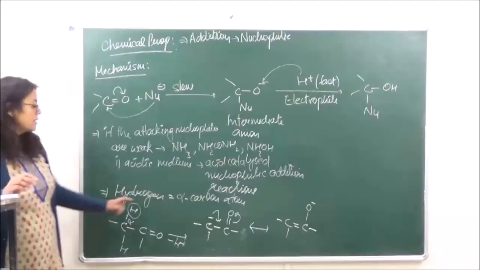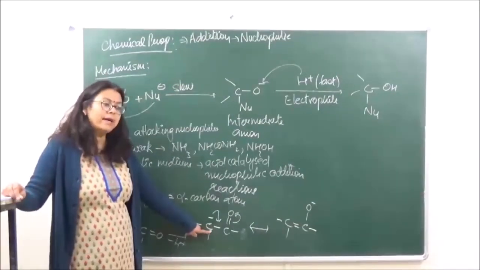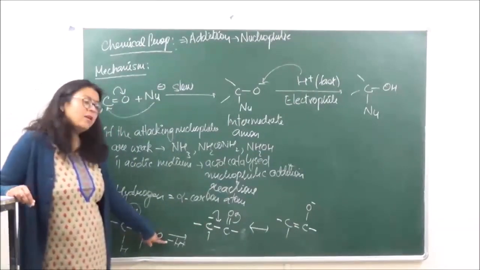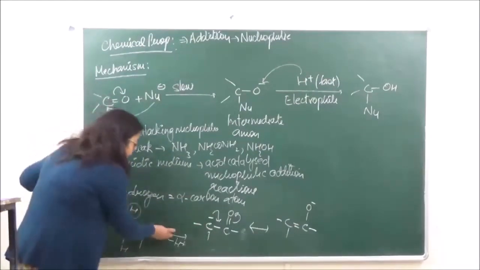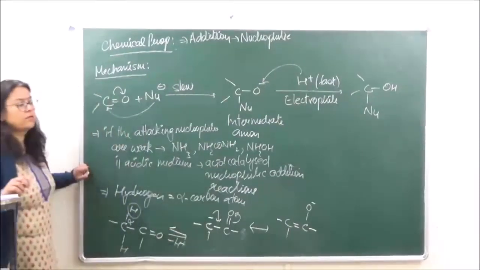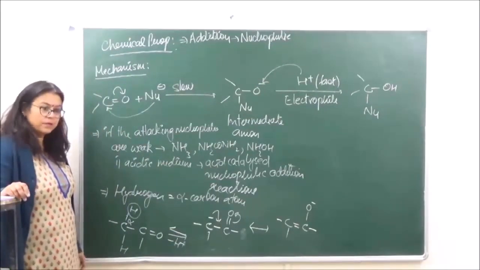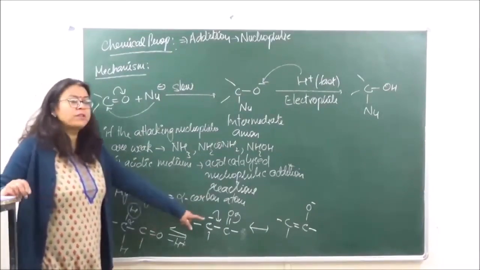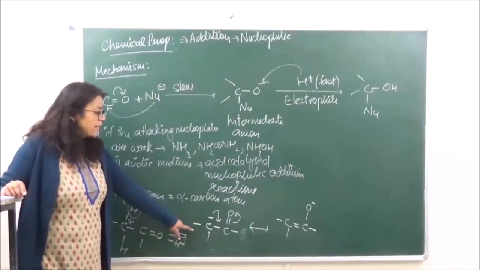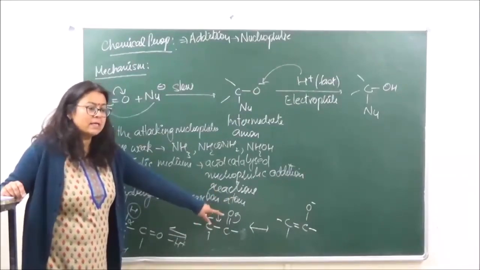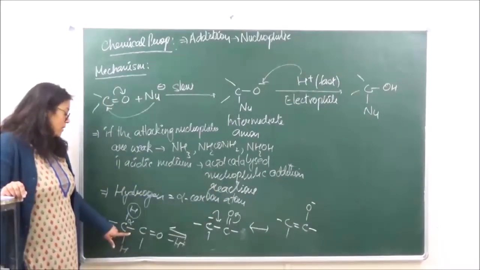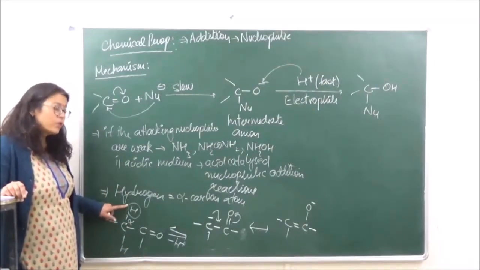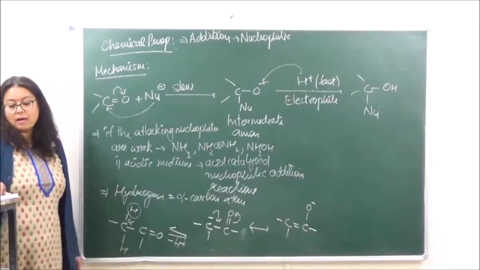Now because this is a stable anion which is being formed over here, this can easily lose H positive, as this is going to be a reversible reaction. Right? So if the product is more stable, you know that the reaction will always go in the forward direction. Now this product which is being formed here is resonance stabilized. Because it is stabilized, it will always have a tendency to lose this proton from here, which is attached to the alpha carbon atom.